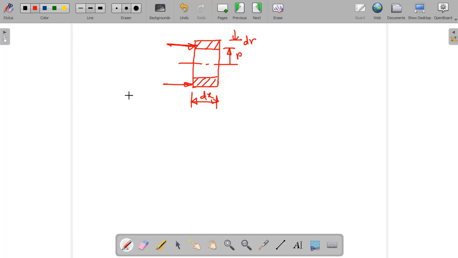It comes in with energy which is nothing but m dot times h, where h is the enthalpy. So the thermal energy with which it comes into the control volume is m dot, which is rho into u bar, times cp T, which is h, times the area dA, that is 2 pi r dr. So this is what is coming in, and then what is going out, the thermal energy,